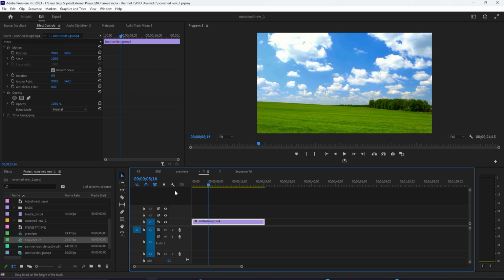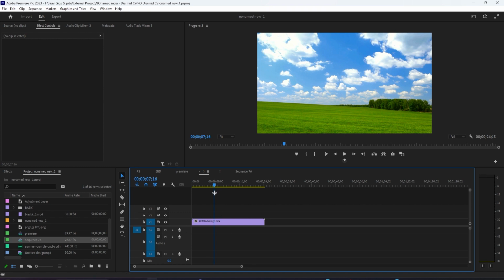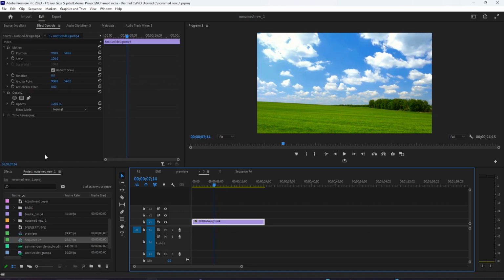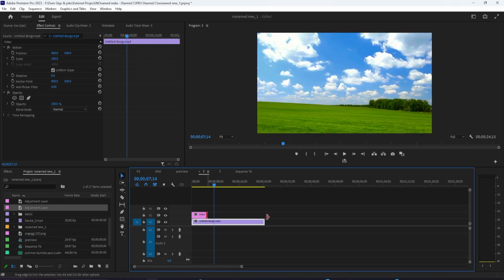To begin, I added a clip to my timeline with the sky. I like to change the color of it. Start by going to your project pane. Click on the New Item button and select Adjustment Layer. The defaults work fine, so hit OK. Drag your new adjustment layer onto your timeline and then drag its end